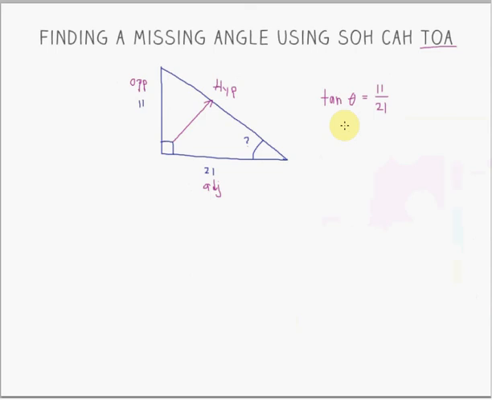I shouldn't say the only. You can use your unit circle. There's some other ways, but we're going to use our calculator. Now to undo tangent, we need to do the inverse of tangent on both sides. So when you're typing into your calculator, you will type in the inverse tangent of 11 over 21, and it